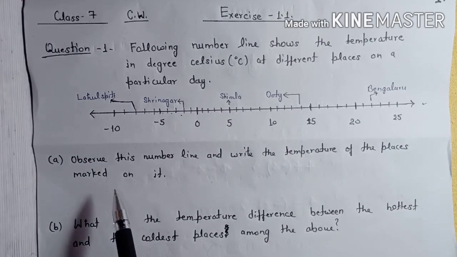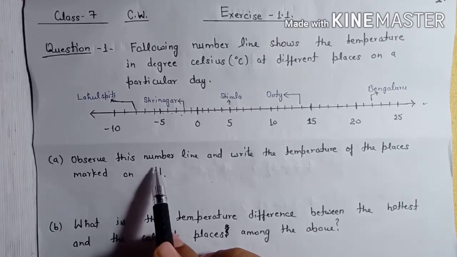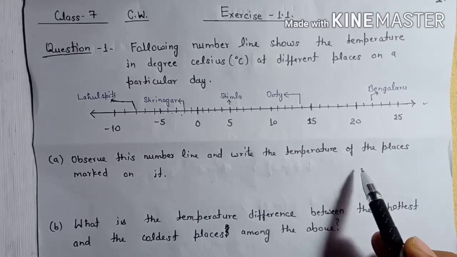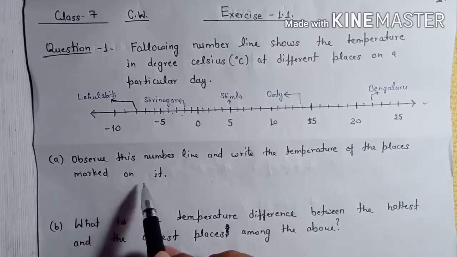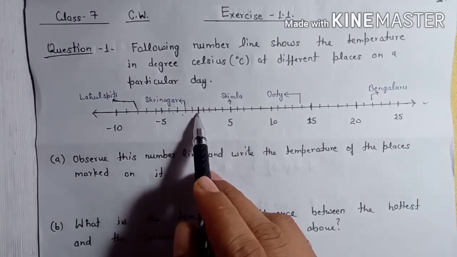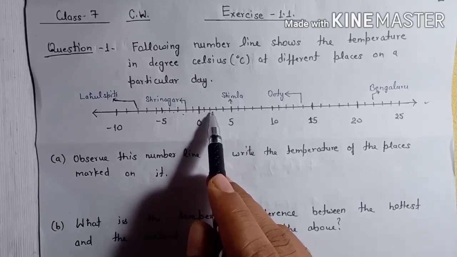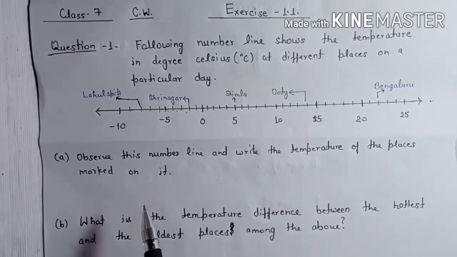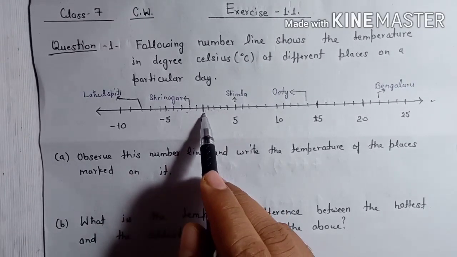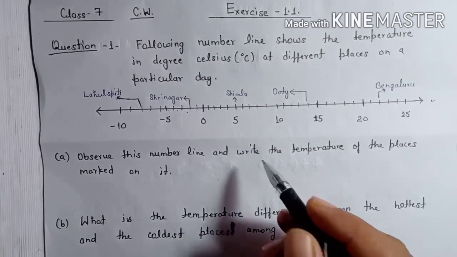The first part of this question is: observe this number line and write the temperature of the places marked on it. From 0 to 5 there are 5 parts, and this is the right side of 0, so you can write here